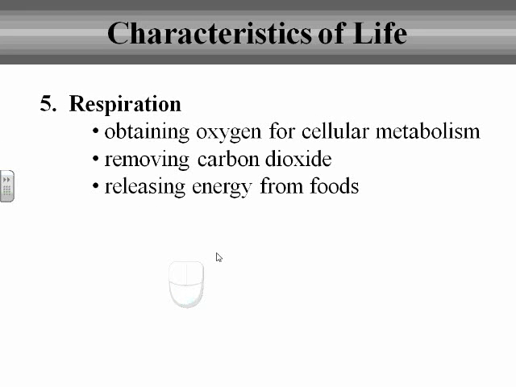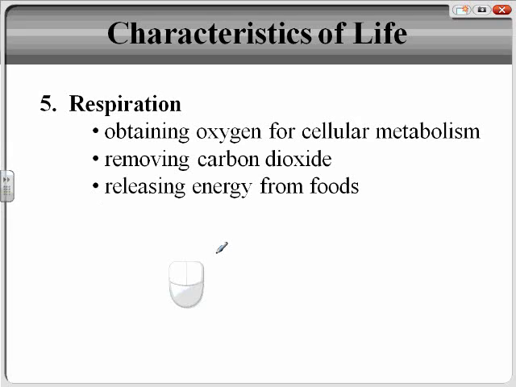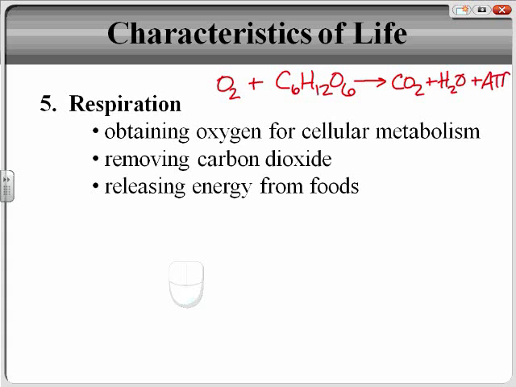Respiration. Oxygen coming in, right? So we should know that when we talk about respiration, we can talk about cellular respiration, oxygen going in, carbon dioxide coming out, and what we end up with is that energy from food. So we should know that the oxygen and our glucose, C6H12O6, are what are going in, and as a result, what's going to be coming out is carbon dioxide, we've got some water vapor, and we've got ATP, that energy, all right? So that's what we mean by respiration.